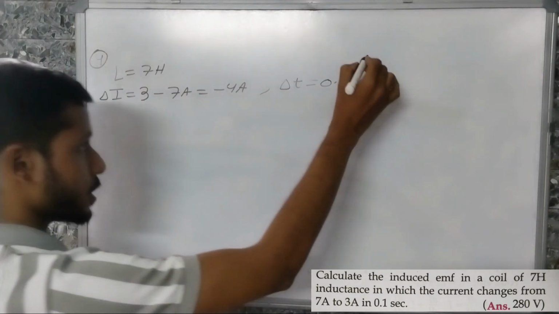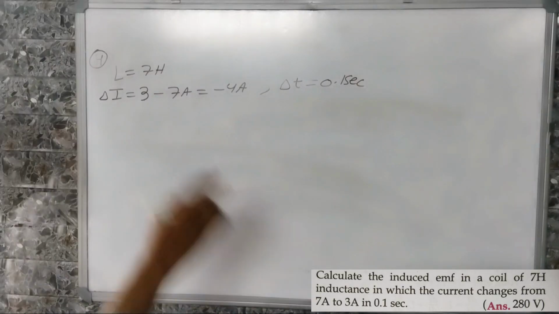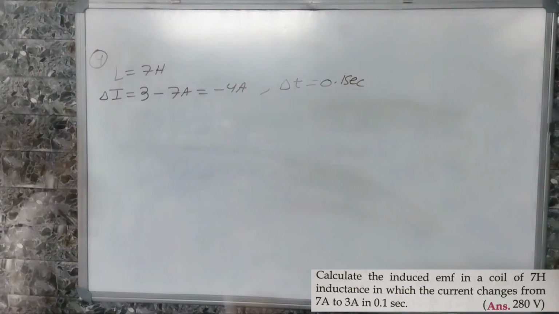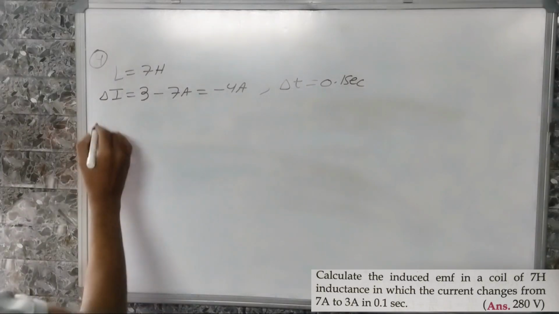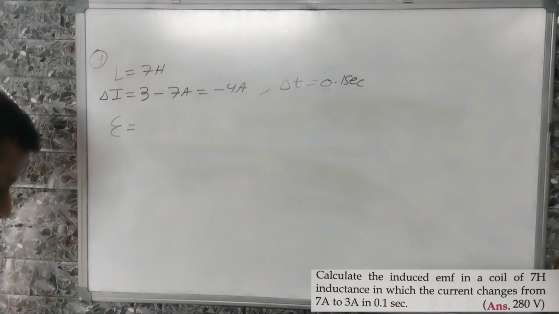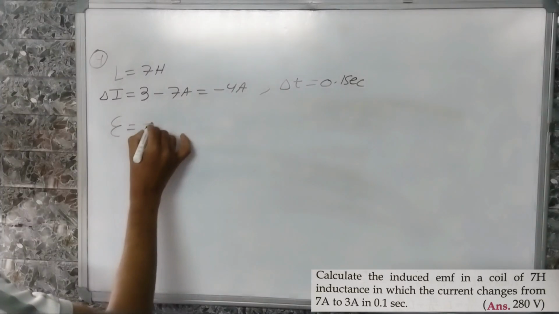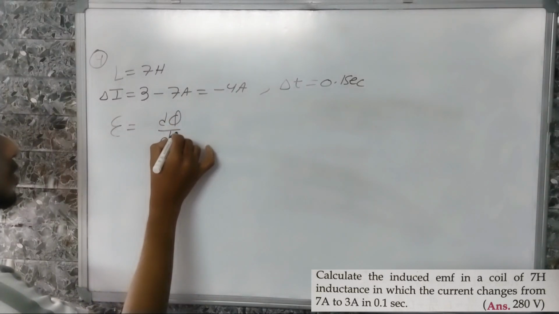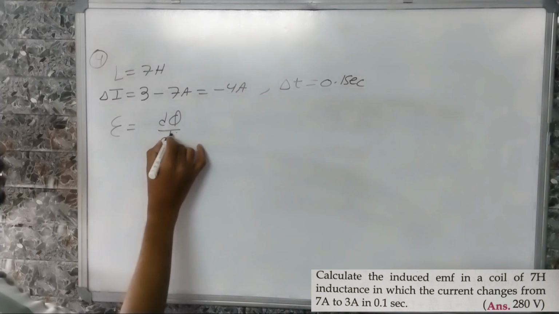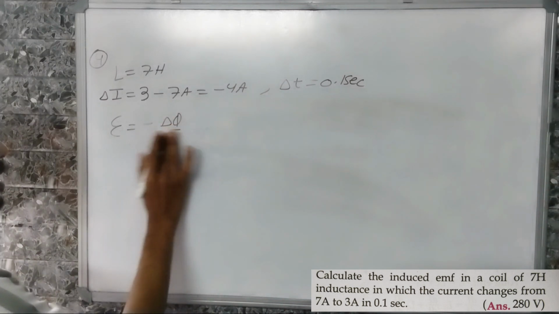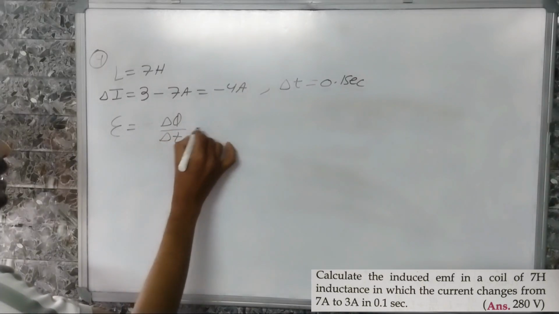And in how much time has this current changed? In 0.1 seconds, the current has decreased from, sorry, 7 ampere to 3 ampere. So here the EMF is given by minus, according to Lenz's law, equal to minus del phi by del t, but